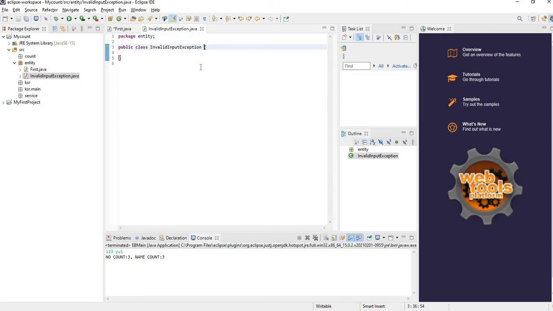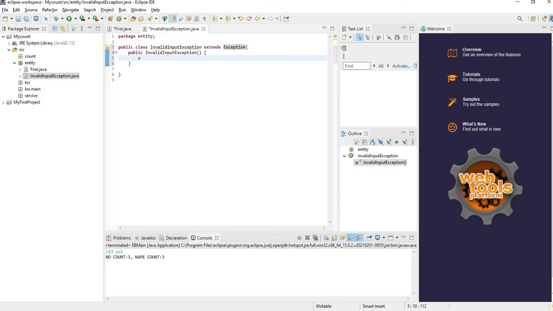As this is a user defined exception class, we have to extend it with the super class, which is the Exception class, followed by public. We have to give the constructor for this class, InvalidInputException(), where we pass the message to the original exception, that is the parent exception class.